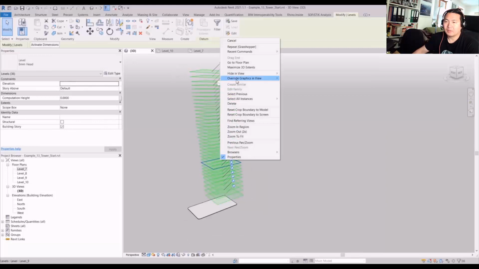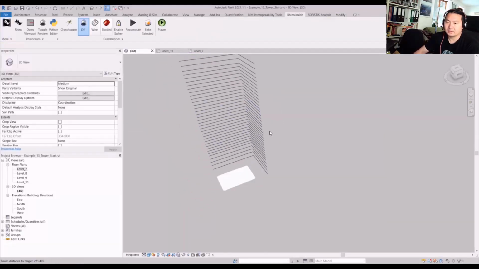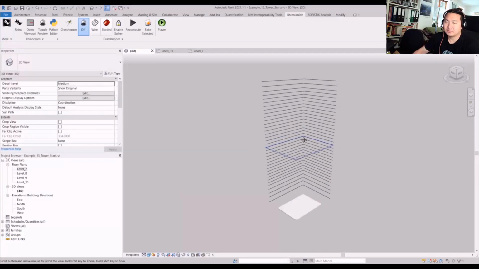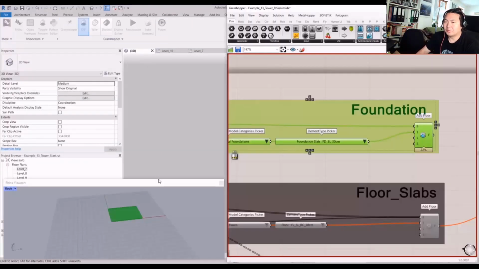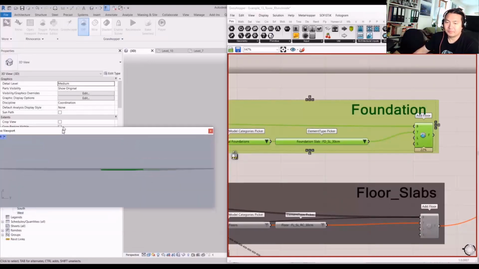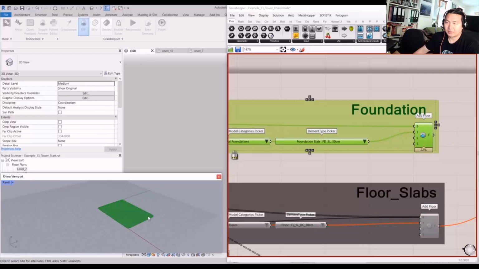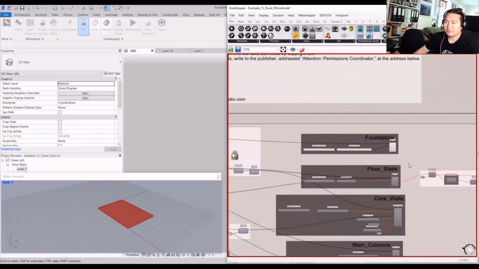Yeah, I'll maximize the levels to see the full scope of view, and now I'm going to enable the slabs. So let's click on enable the floor slabs in Rhino Inside,